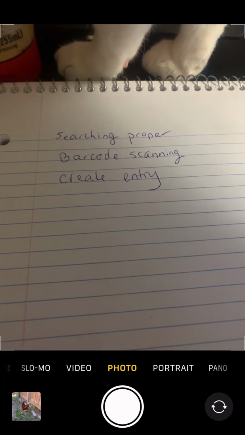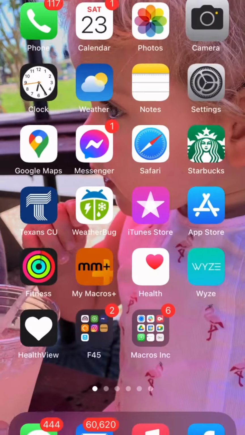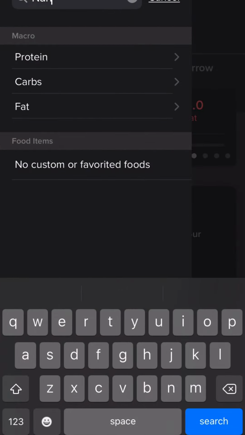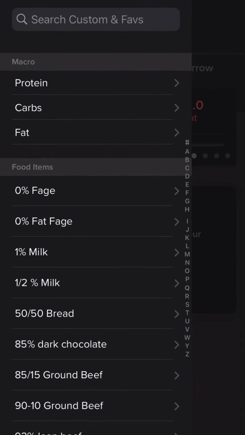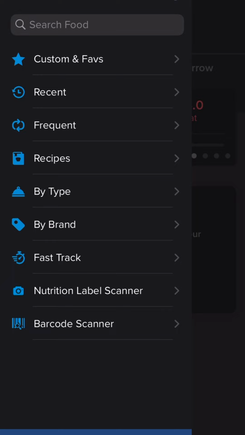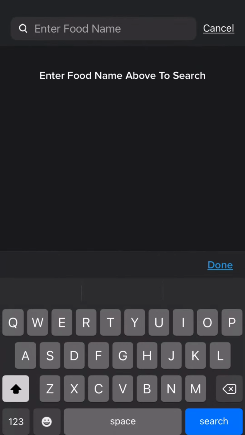Searching proper. Number 1. Okay, let me get into my Macros Plus. Cancel this, back. Okay, so we're at the main menu. This is where we always want to start. Let's just immediately eliminate the search right from the main menu. This search, if I type baked Cheetos,